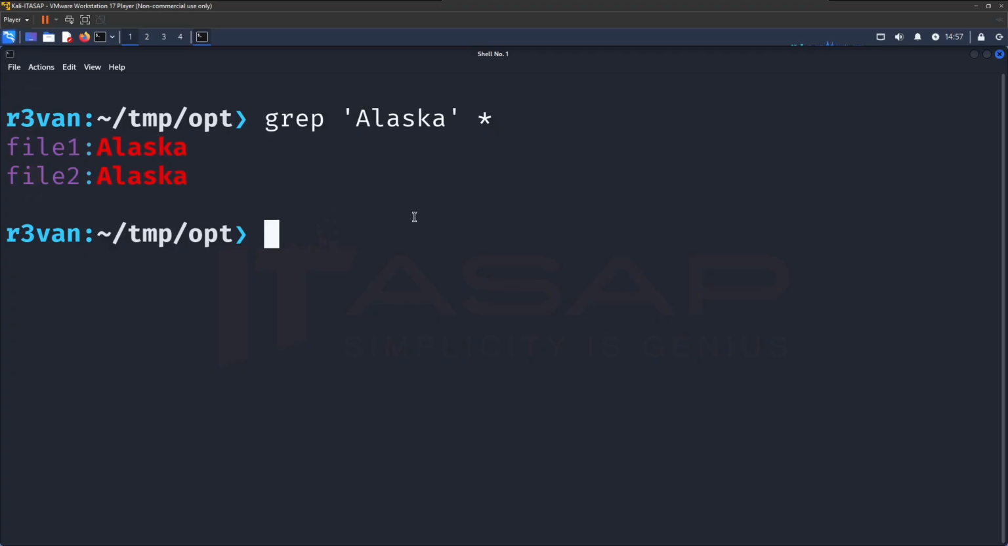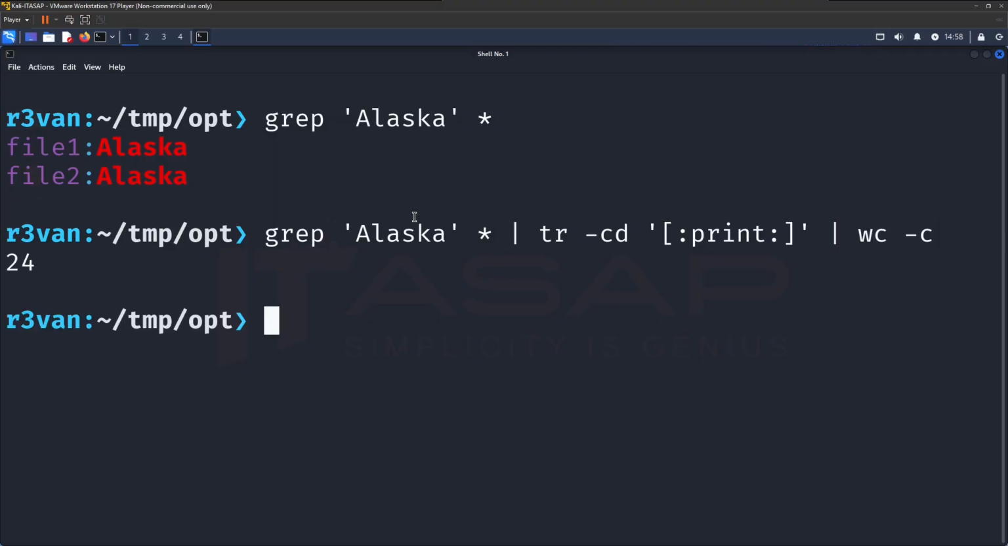Now let's add the command that counts the characters printed on the screen. So again, we'll say grep Alaska. We'll pipe it to tr -cd. Don't worry about these additional commands. These are just commands to count the number of characters printed to the screen. So you can ignore what these are for now. Print word count -c. But wait, the total number of characters in the matches returned should be 12, since each pattern